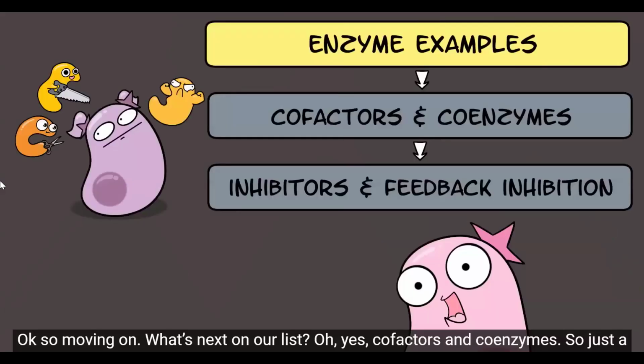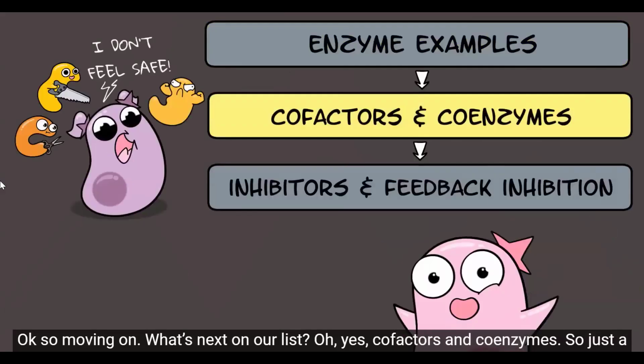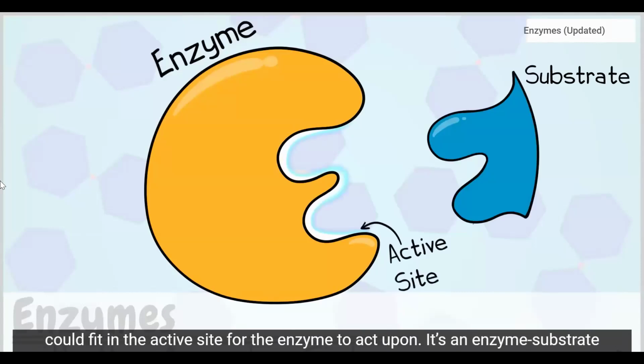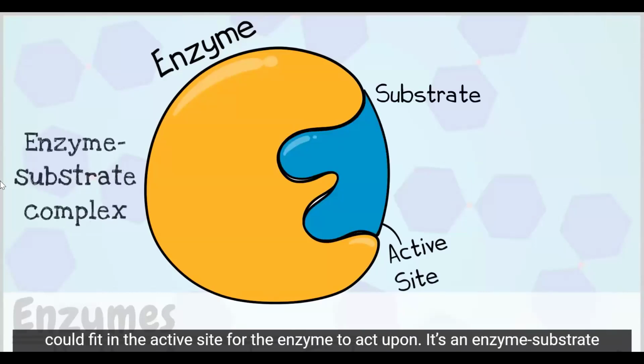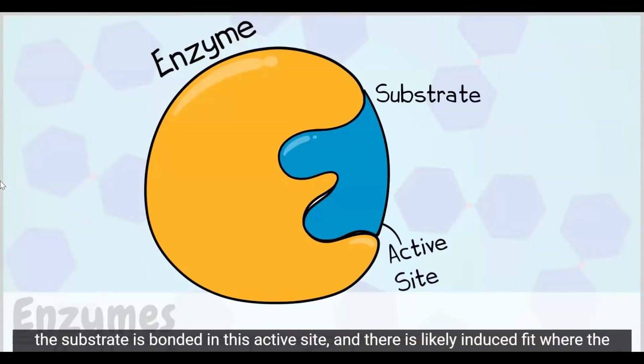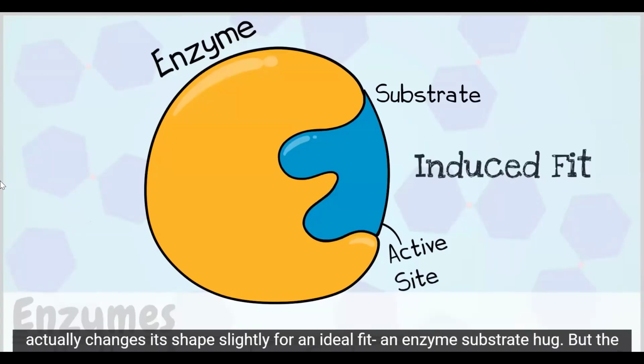Okay, so moving on. What's next on our list? Oh yes, cofactors and coenzymes. So just a quick review from our main enzyme video. This is an enzyme here, and we have our active site and a substrate that could fit in the active site for the enzyme to act upon. It's an enzyme substrate complex when the substrate is bonded in this active site. And there is likely induced fit, where the active site actually changes its shape slightly for an ideal fit,